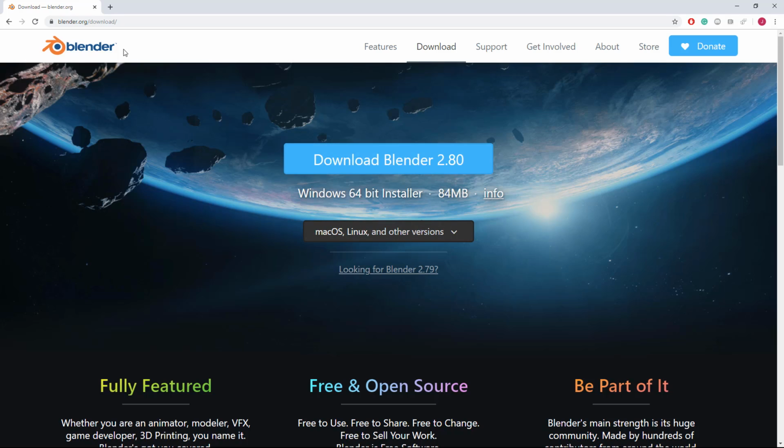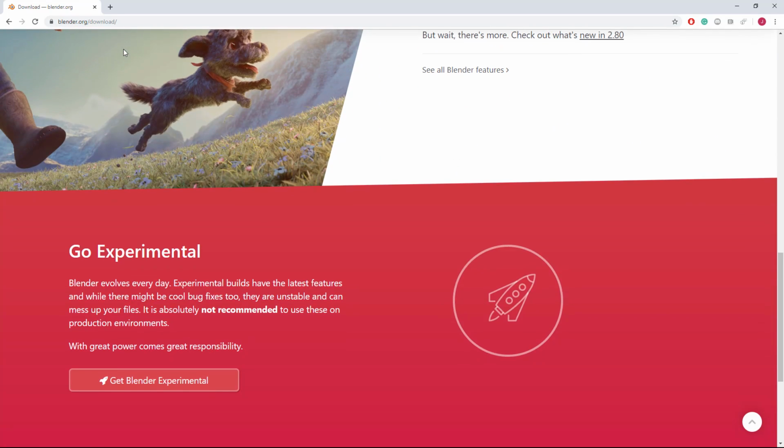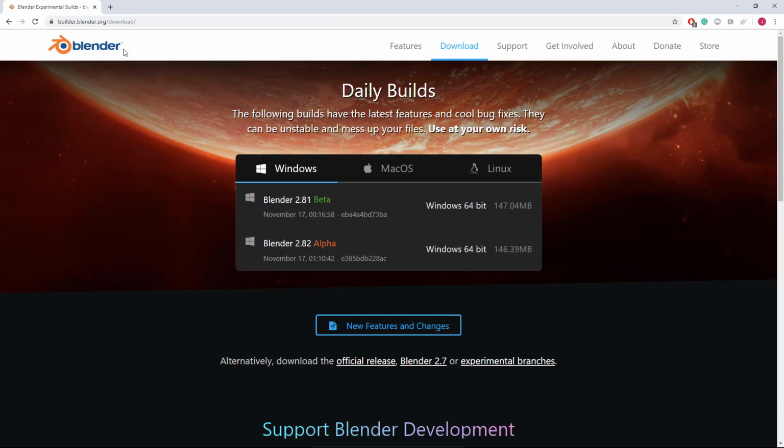So that's the one I'm going to be using, but hopefully, if you watch this tutorial later on, whatever the latest official version would be, just download that one. So far, Blender 2.8 is the latest one. But also you can get the most recent builds. If you go here, you can get, for example, 2.82. So these are builds where